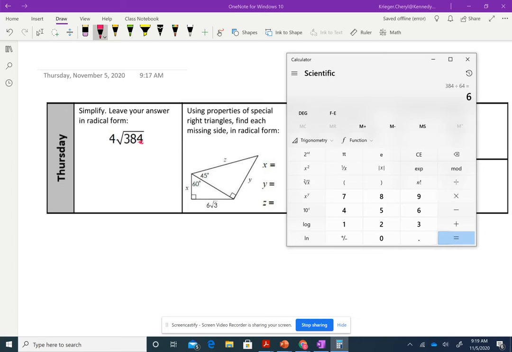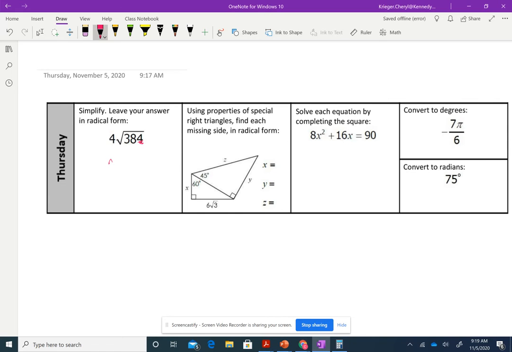64 is 6. Okay, so I do know that I can break down 384 into the square root of 64 times 6, right? And I do have this 4 out front that's being multiplied by the square root of 384. The square root of 64 is 8, so the 8 comes out. I'm left with 4 times 8, and the square root of 6 is left over. So this is 32 square root of 6. You might have gotten it another way, but as long as it is simplified as much as possible,